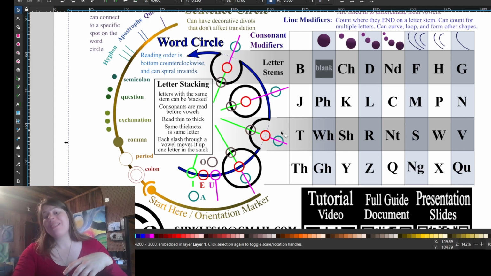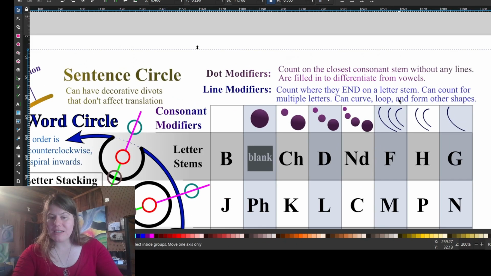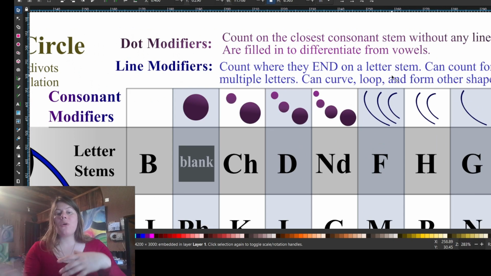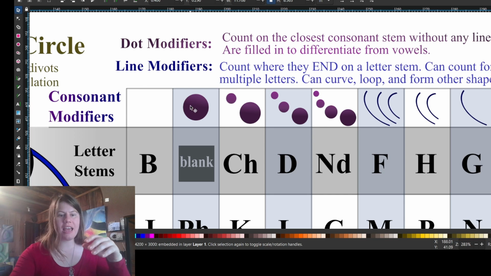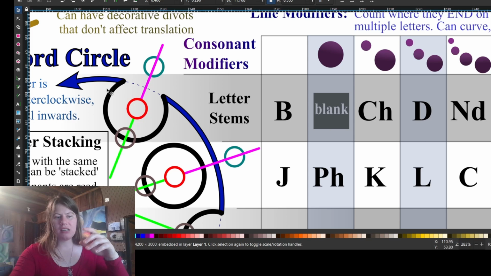Now that is how you get in the rows. Now to get the columns, we have dot modifiers and we have line modifiers. And that fine print up here matters. So these dots, they count at whatever letter they're closest to, whereas the lines, they count where they end on a letter stem. So where they connect and stop on the letter stem,